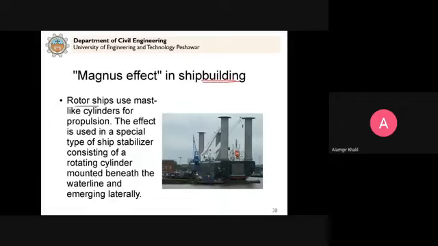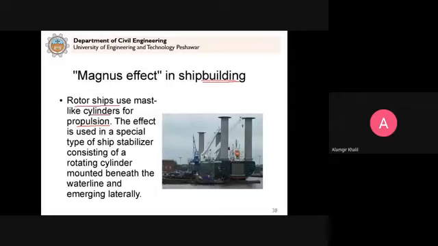Rotor ships use these cylinders for propulsion, but it requires wind. If wind is blowing and we rotate these rotors, it can produce a thrust on this large vessel or boat or ship, clear? So in this case, it will push it and it can be economical,